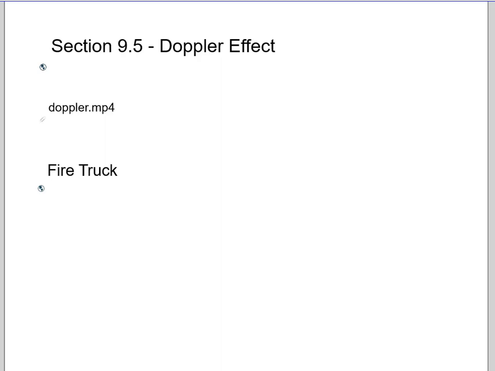Okay, section 9.5 is something called the Doppler effect. This is the last section of chapter 9, so hooray, you made it. Now, you've probably all heard of the Doppler effect before, but just in case you haven't, I'm going to try and